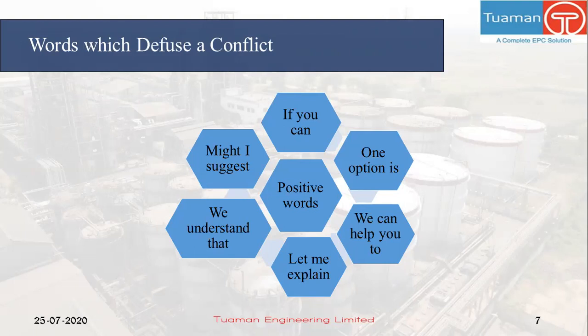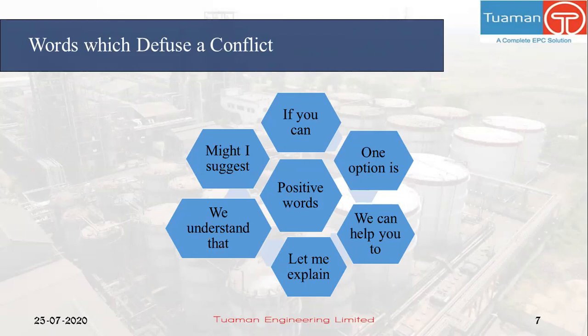Whenever you are talking or you are in a conflicting situation, if you just say the words, you are right, I understand you, but. So first when you say you are right, I understand you, we can understand you, it gives a positive impact. And then you go on after saying, but you did this, you did that, but we can go with another option. So these are the words which really work with human psychology. Whenever you are in a conflicting situation, try to use these words or phrases that diffuse a conflict.